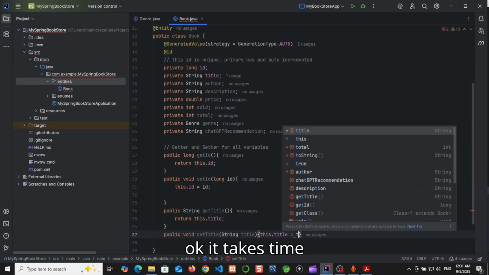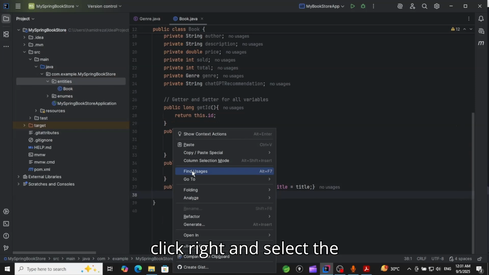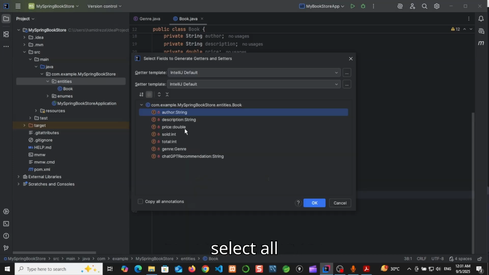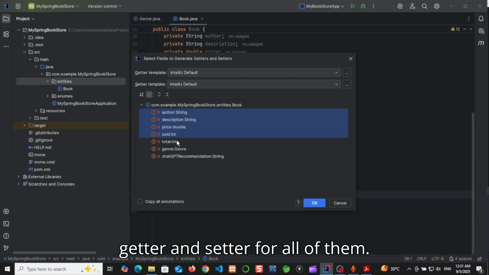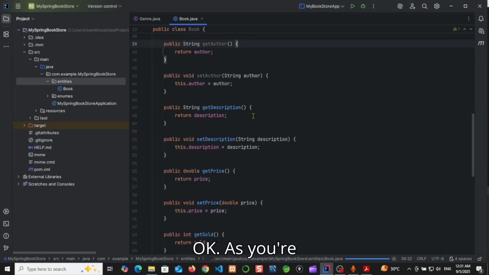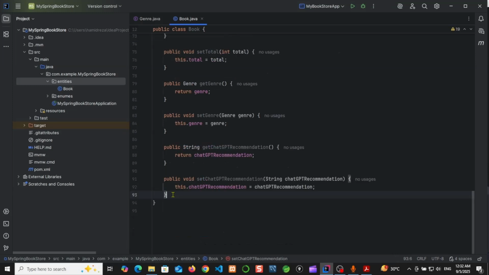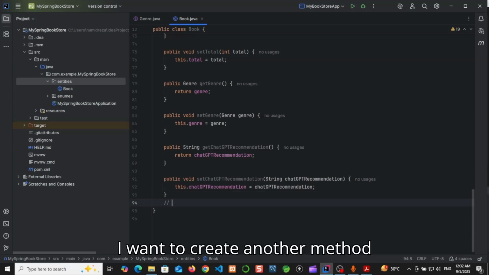Okay, it takes time to write getter and setter for each, but if you right-click and select Generate, select the getter and setter, and select all attributes to make getter and setter for all of them. Okay, as you're seeing, all of the parameters now have the variable accessor. I want to create another method